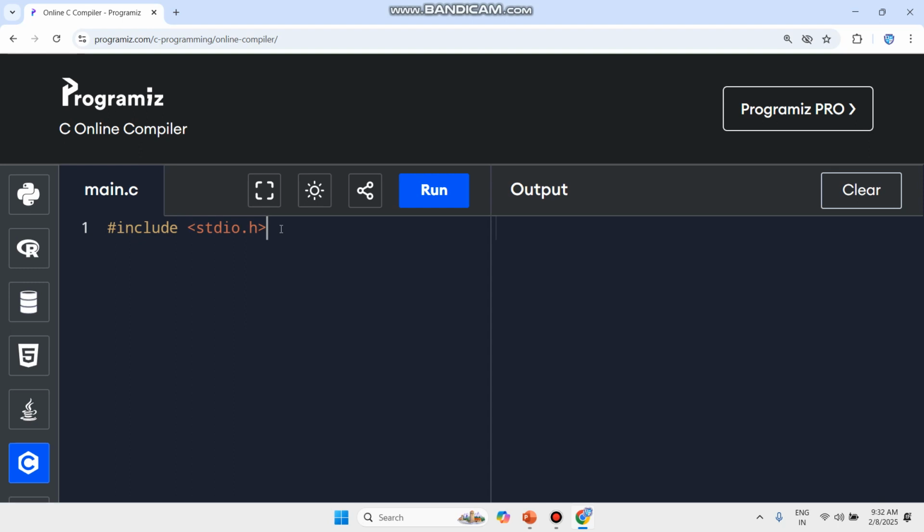Now, what is the meaning of this first line? Simply, it says it's my header library, and it handles input and output from the user and shows output to the user also. That is exactly the meaning of the first line.